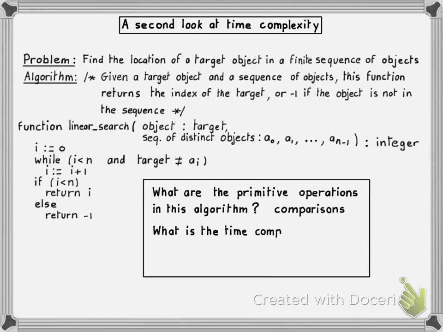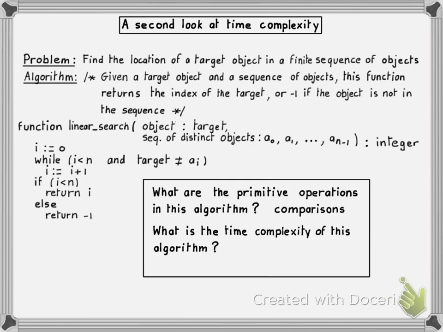So now the question is, what is the time complexity of this algorithm? Meaning, how many comparisons does this algorithm execute to solve a particular problem of size n? Remember that n is the length of the input sequence, that is the number of objects in the input sequence. And here, even when the length of the input or the value of n is fixed, let's say n equals 5, we have a problem here in computing the time complexity of this algorithm,